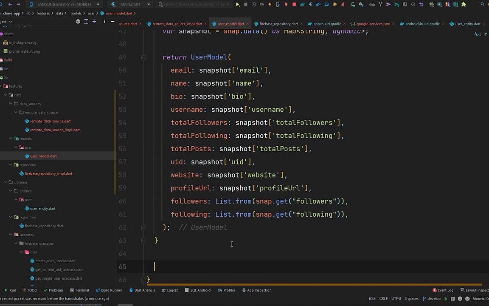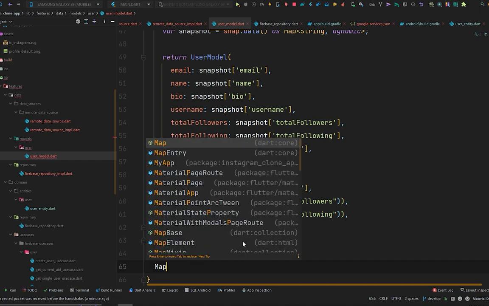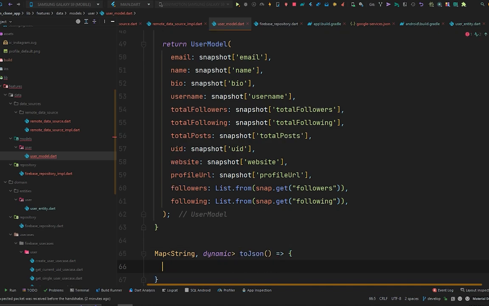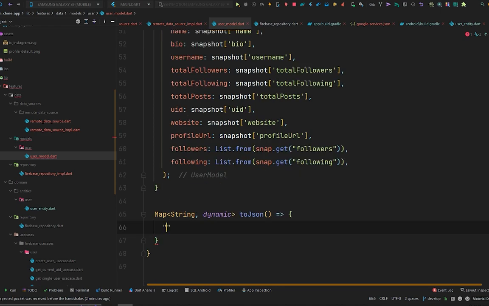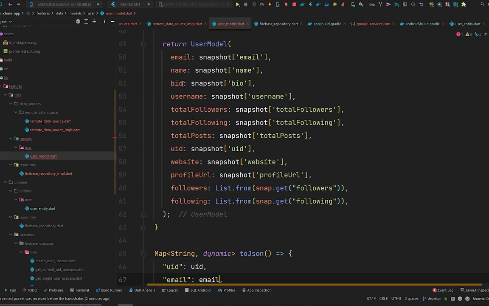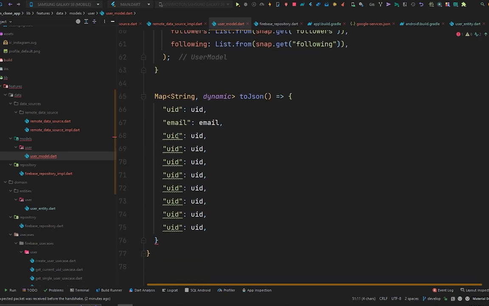When we want to create some data in our Cloud Firestore database, we have to convert our Dart object to some raw data, so that it will be stored in our Cloud Firestore database. So there will be a Map String dynamic, that's its type, its name will be toJSON, and this will simply return this object, and again this will take a string, let's say UID to UID, put a comma here, and replicate them just like this, and copy this email, paste it right here, and also the name,